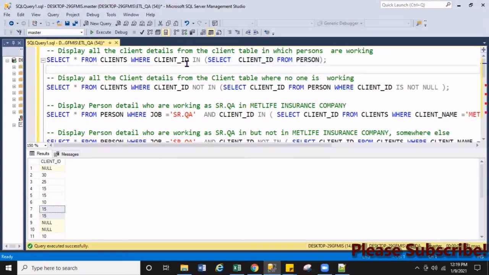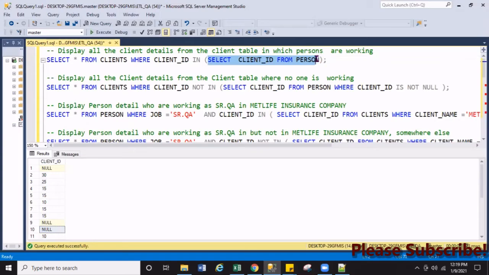And what happened here? That means we are passing these values in this query: select from client where client ID, and you can pass 10, comma, 15, comma, like that, all the values that are displaying the result. Or rather than typing all the values one by one, let's write a subquery. That's why you write a subquery, to save our time. For example, if this query gives a million records, we are not able to type all the million records. So in that situation, we have to use a subquery.